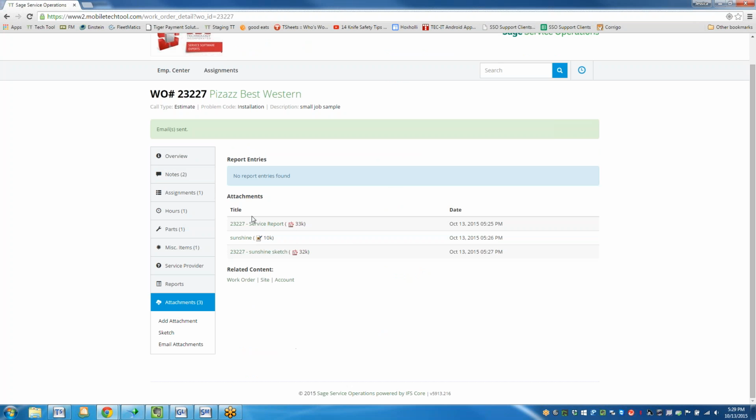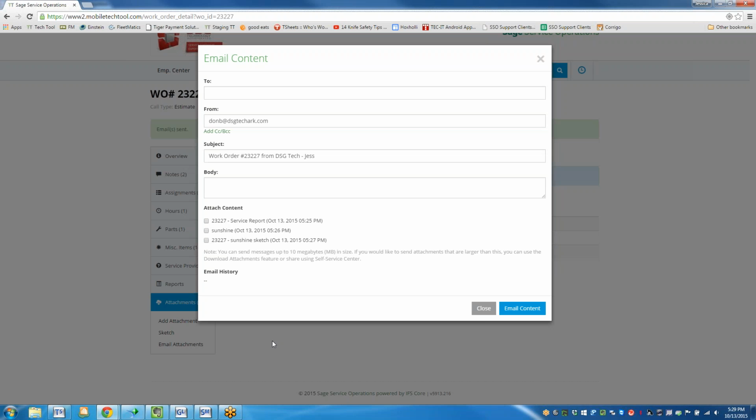And all of these items could be emailed to the site at any time per my request, or for the office if they needed to. So I'd easily be able to look at that work order, put the work order number, or put the to email address. It automatically assumes it's from the technician as I'm logged in as Don Black. And I've had the body of the email if I'd like, and I'd be able to attach it just like I would, Gmail or Hotmail or any other kind of mail service. It's a very, very user-friendly